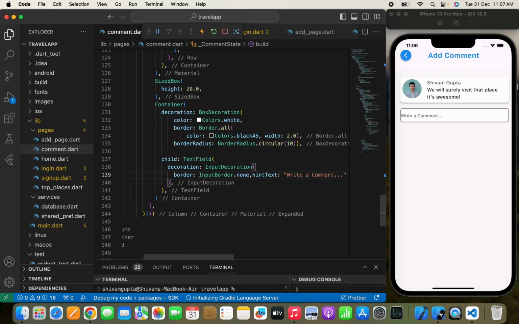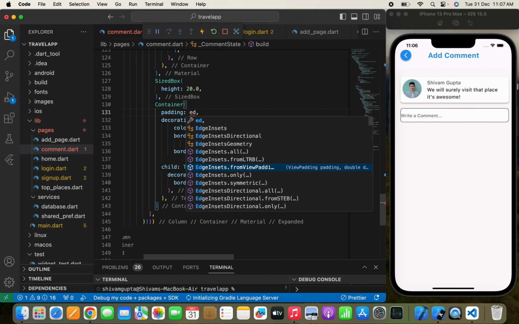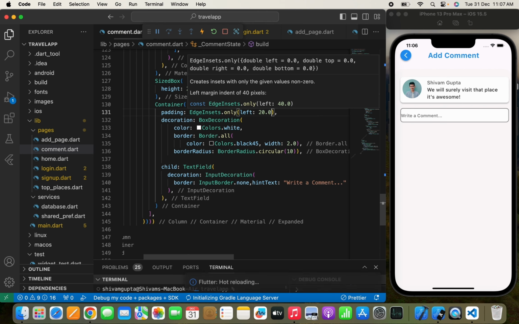Yeah, so this is it. And here I can simply pass a padding, so just write padding as EdgeInsets.only from the left 20.0. Yeah, so here it is, and the user can simply write a comment and can post the comment,